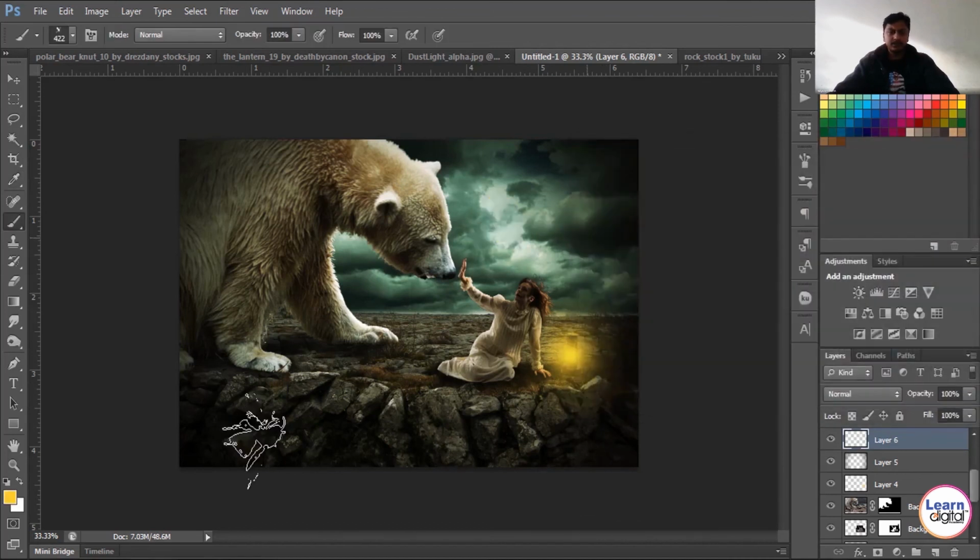I'm getting it. Just play with the brush size. Wherever you need, just click over there. Now you can see I'm adding a few bees or a few elements over there. If it is flies, not an issue. If it is any other thing, also not an issue. Small detailing will impact more.